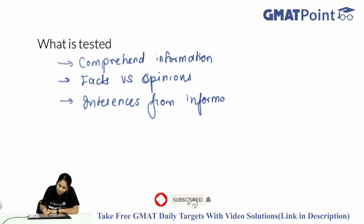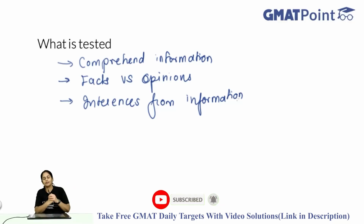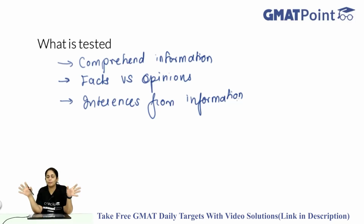Again, if you remember from my last video on reading comprehension, I had mentioned that reading comprehension isn't as much about understanding the lines given as it is about reading between the lines. And making inference is all about reading between the lines. If the author talks about how terrible something is, they might not actually come out and say that this is a terrible product or this is a terrible idea. They might just highlight all the drawbacks of something without explicitly stating that it is not good. So in all of those cases, a person should be able to make inferences